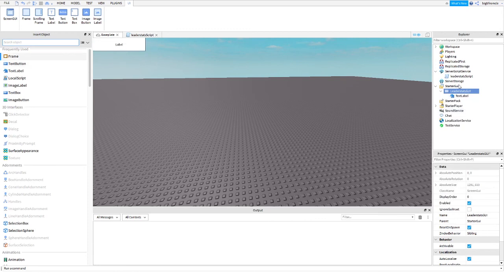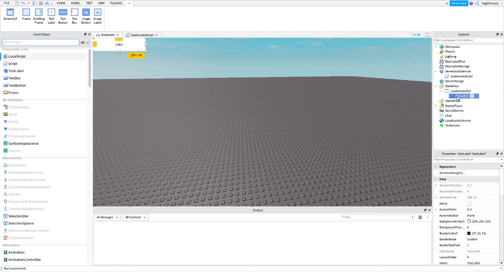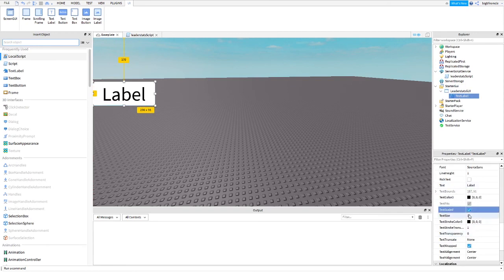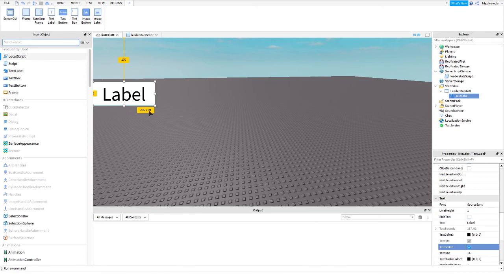And so you will see this pops up. Inside of the text label, you can do stuff like resize it and stuff. I'm going to go down here and turn on text scaled, and this is just so that it looks right no matter what the size is. I'm going to change this to money: 0, or whatever you want, like it can just be nothing, but I'm going to do money: 0, and I'm going to rename this actually to money GUI. Okay,